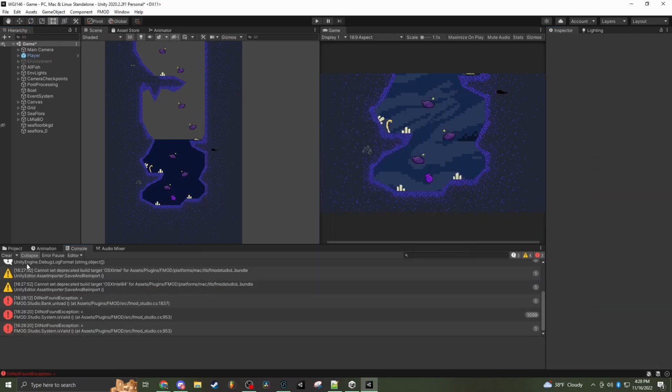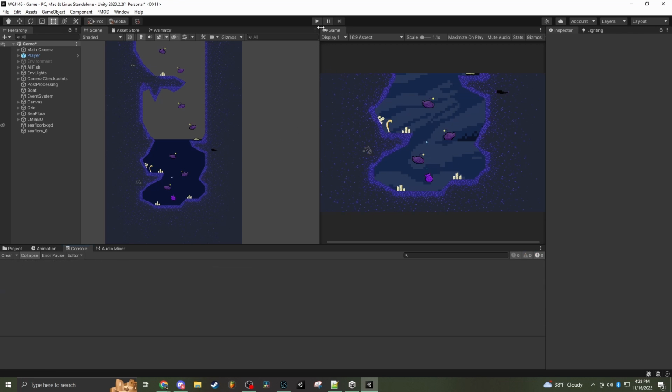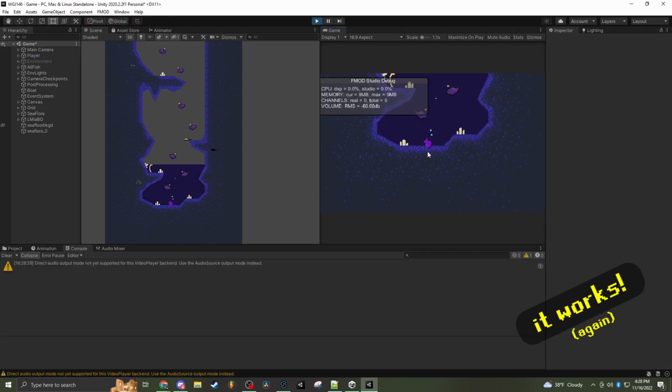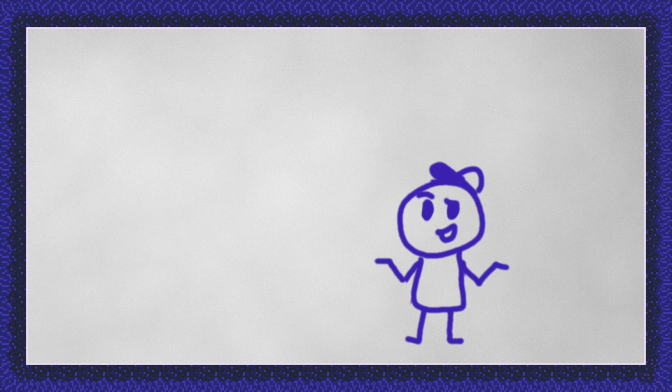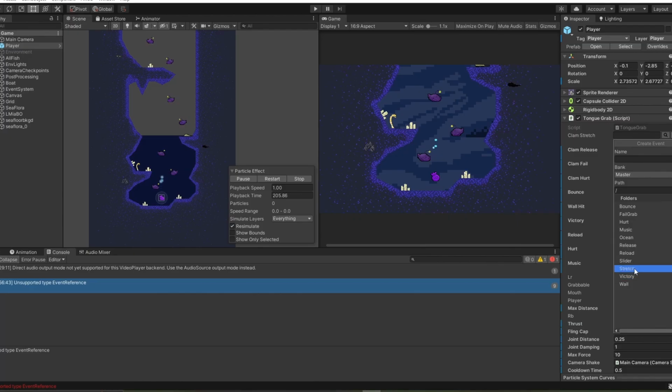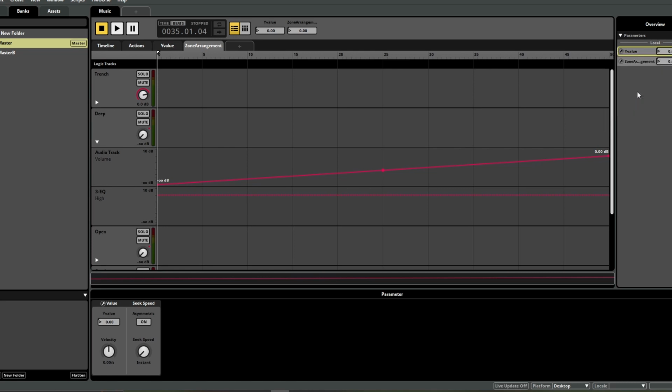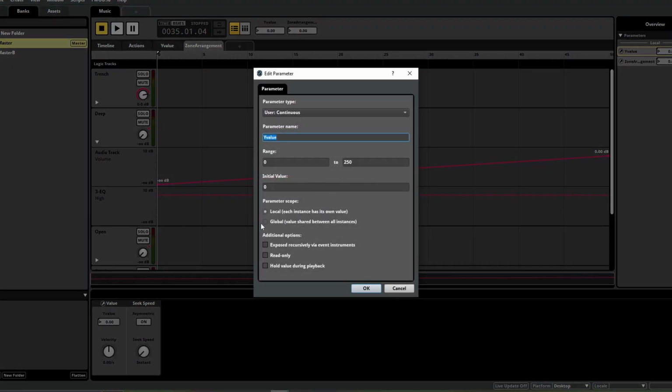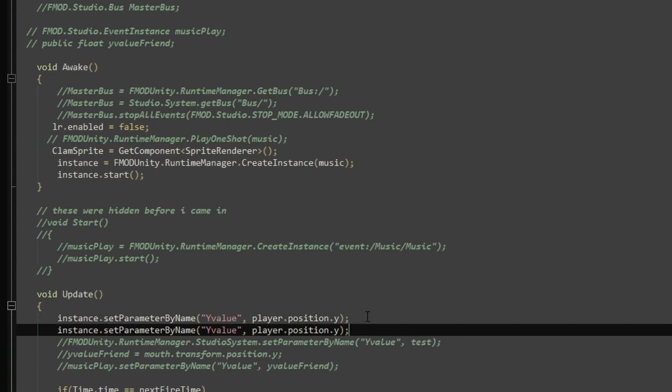We're officially on the new FMOD version now, so let's finish a goal from the original jam and make the music adaptive. It can't be that bad, right? This took several hours. The process itself is fairly straightforward. I just didn't know where to start looking to fix an issue I was having. But once I realized I needed to switch the parameters from global to local, I got it working in Unity, and the music is adaptive now.